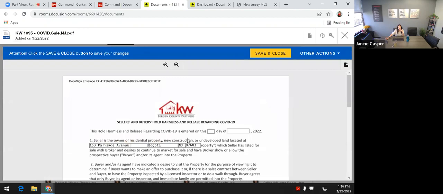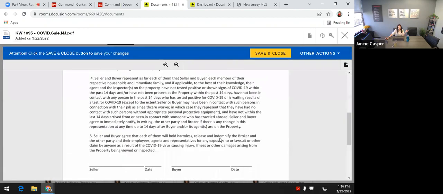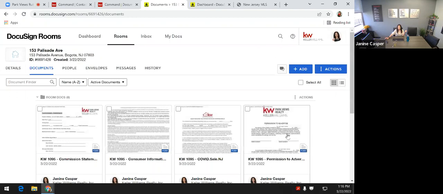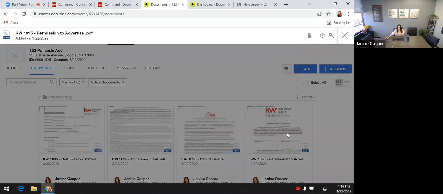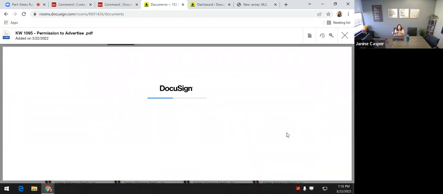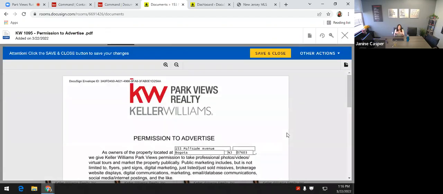As you can see, the address populated from the property details page. The same thing happened here with the permission to advertise. Now, people question this document. This document is your client giving you permission to advertise their property for sale, whether it's print ads that